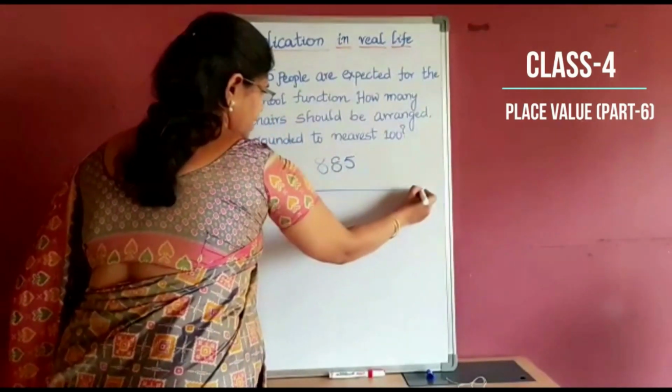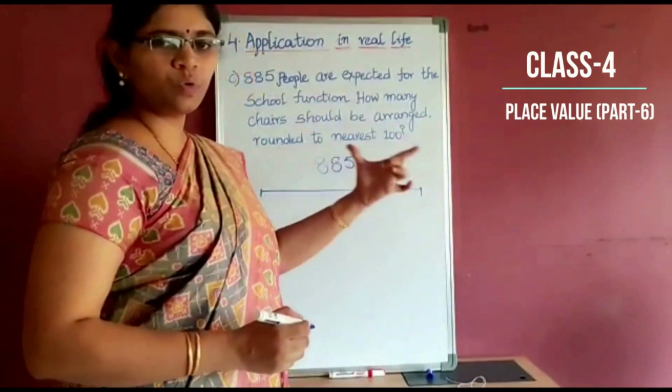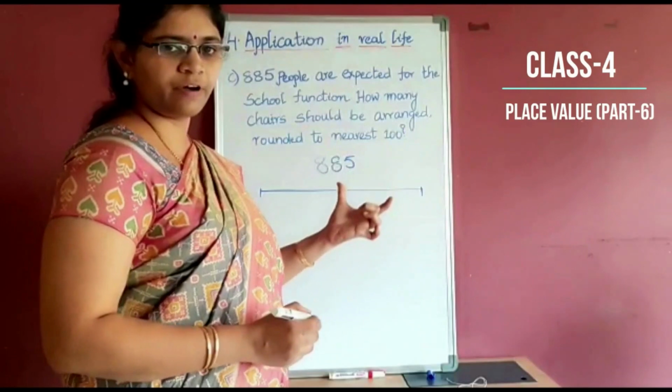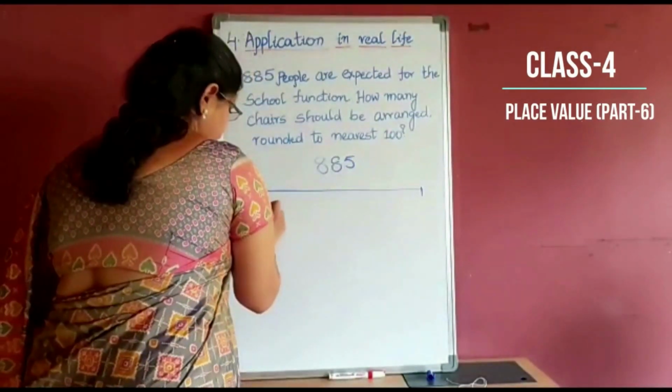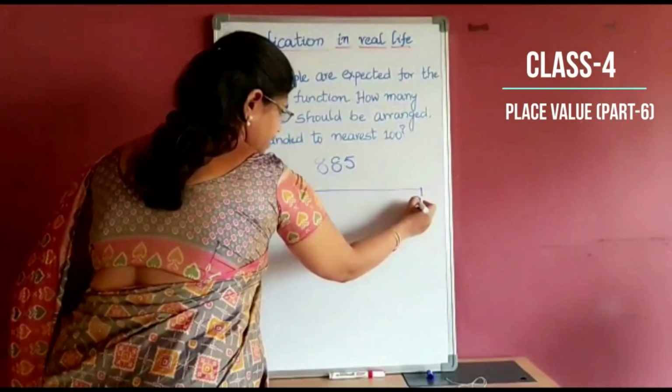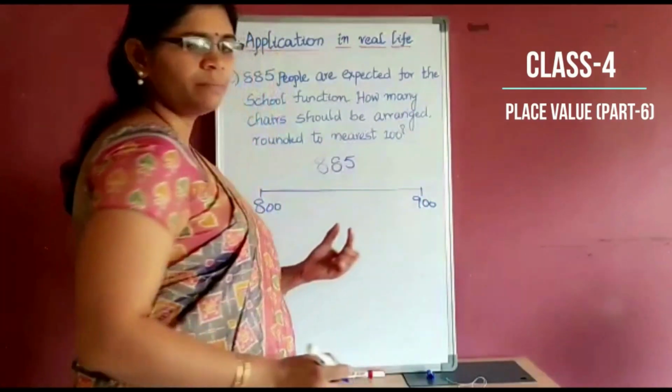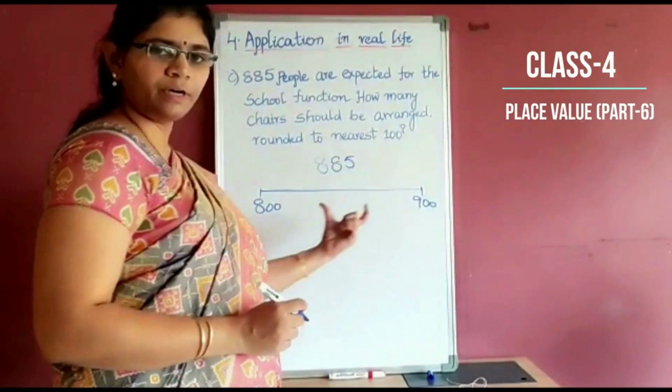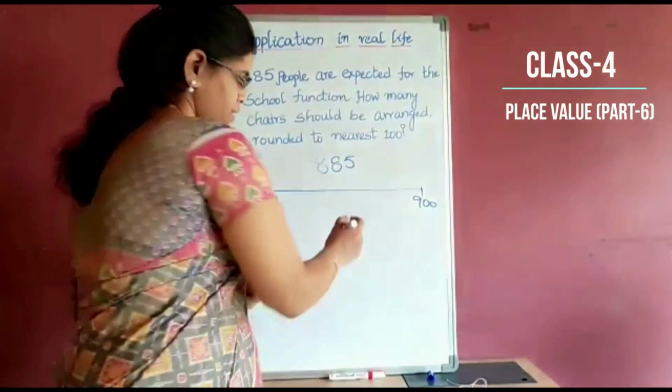So 885 is in between which two hundreds? 885 is in between 800 and 900. Now which number is exactly in the middle of 800 and 900? Yes, it is